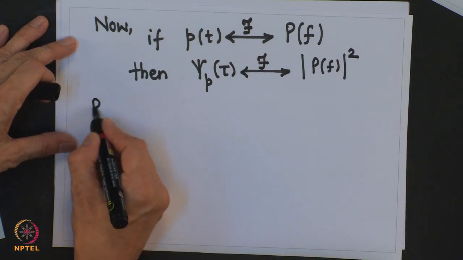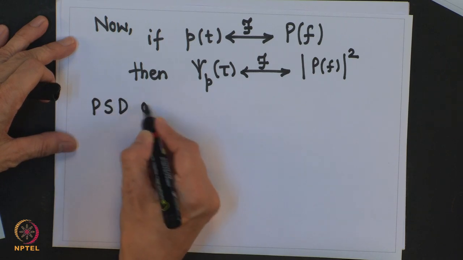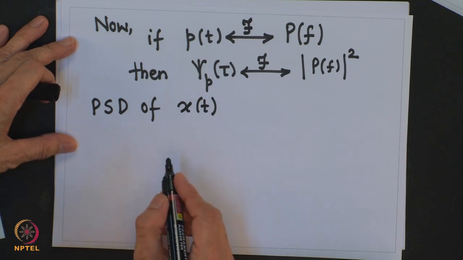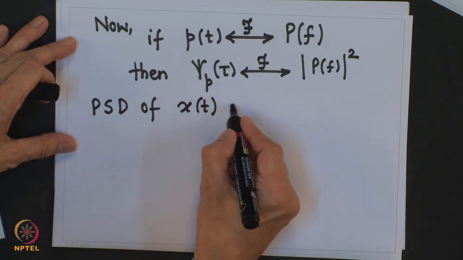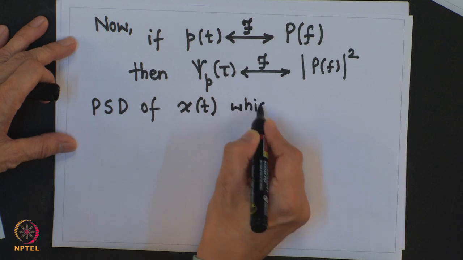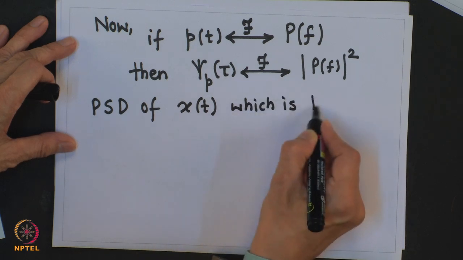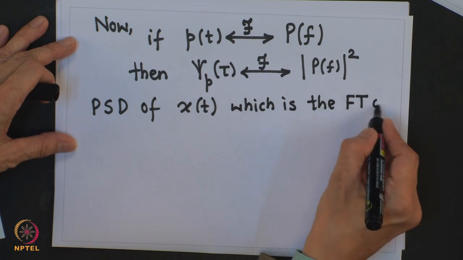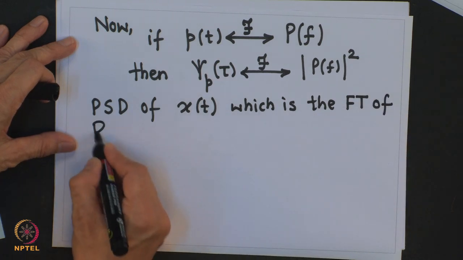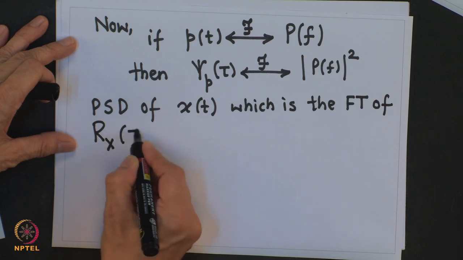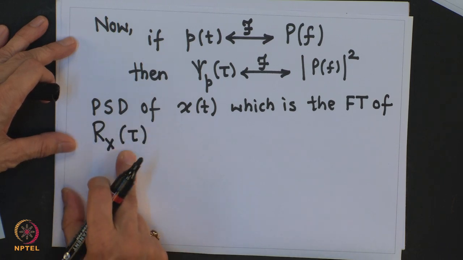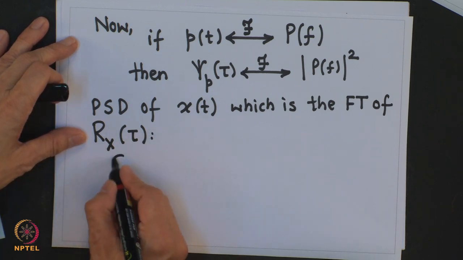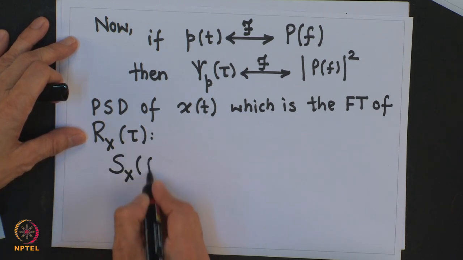So, from this we get the power spectral density of x(t), which is the Fourier transform of R_x(tau) from Einstein-Wiener-Khinchin theorem, can be written as